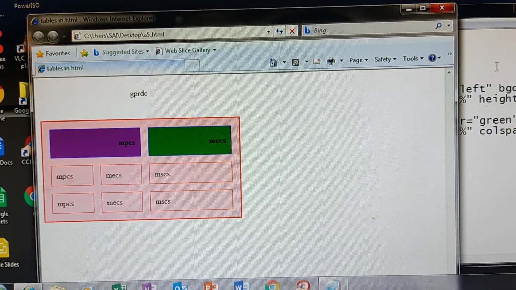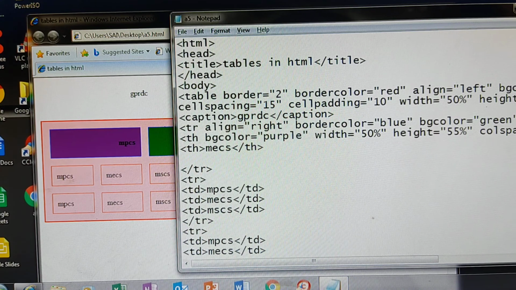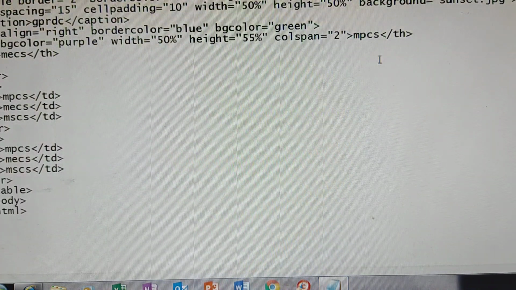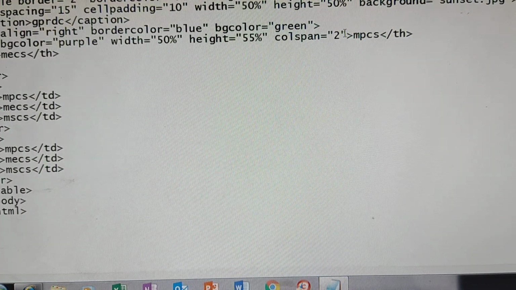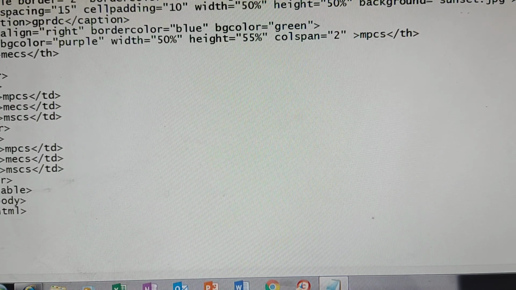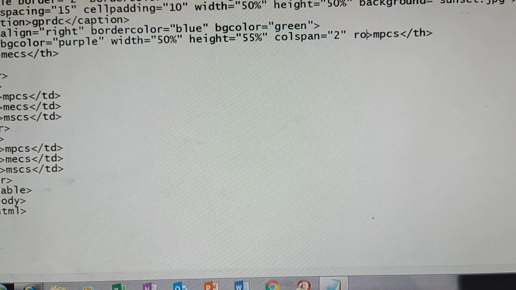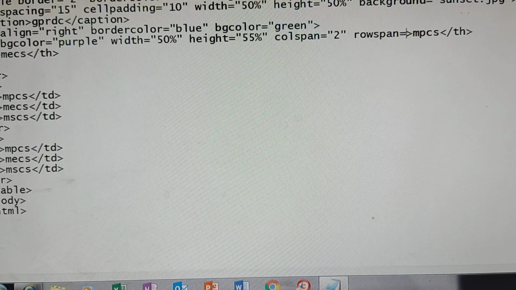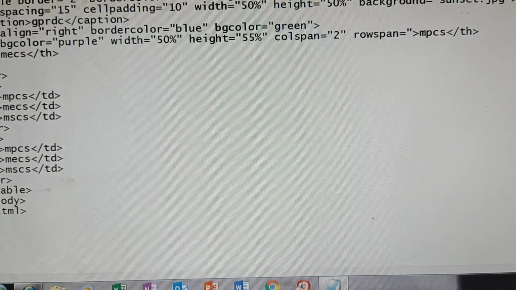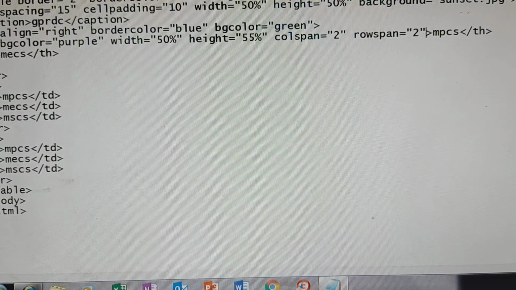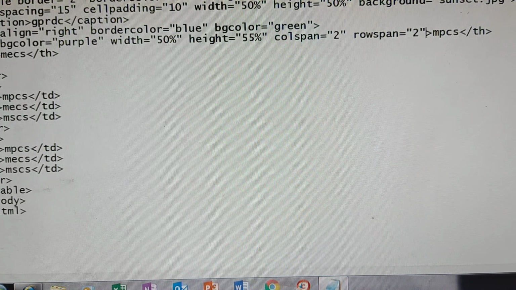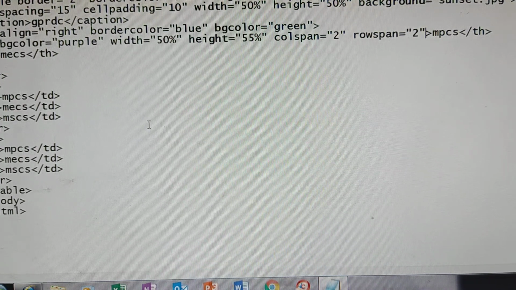It is combining columns. Now one more attribute is there. Sometimes in the short questions they will ask you only the colspan, rowspan attributes, and you need to explain with an example program. Rowspan I am giving 2 and removing this colspan. You see the difference.